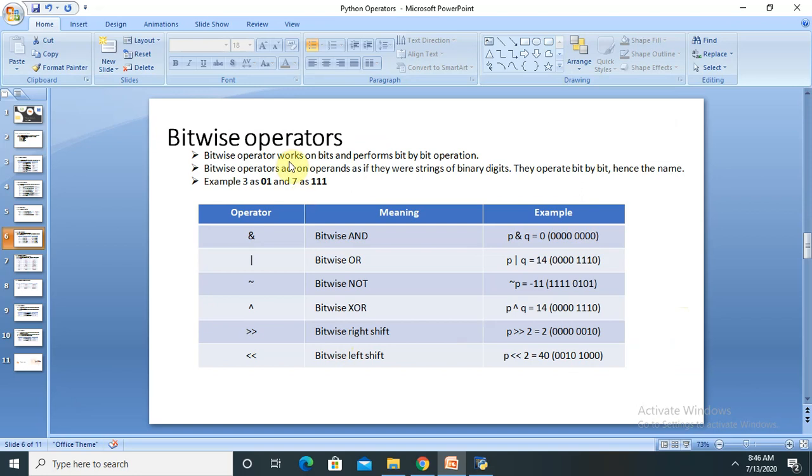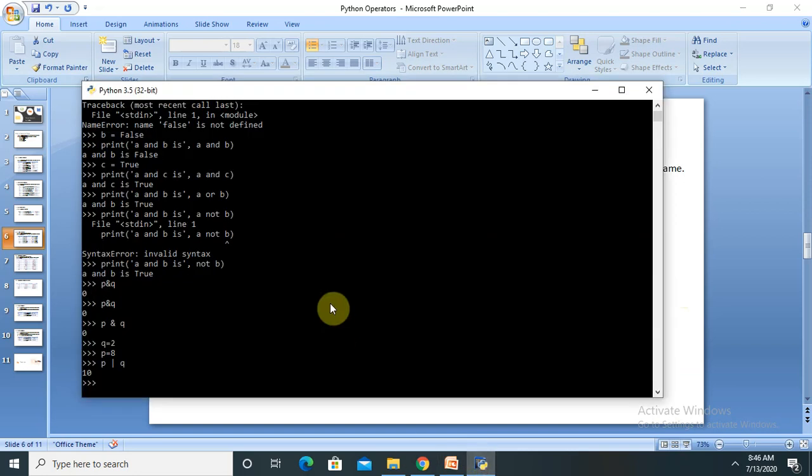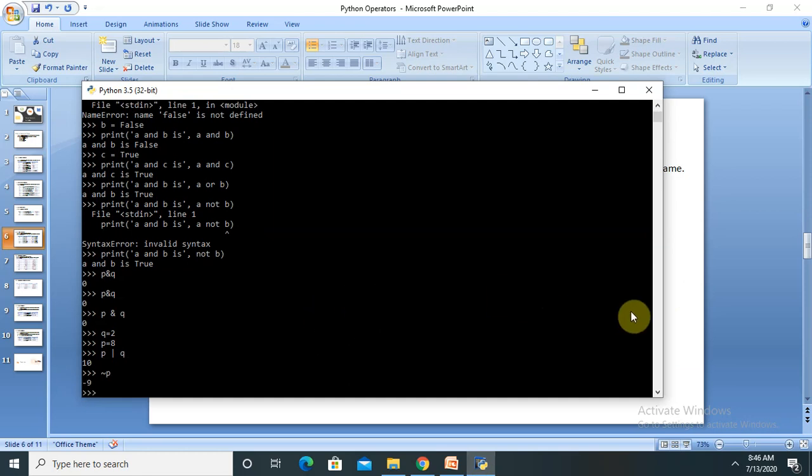So in this way we can perform the bitwise operator here. If I want to perform the tilde, basically tilde is the negative sign, so we are getting -9.